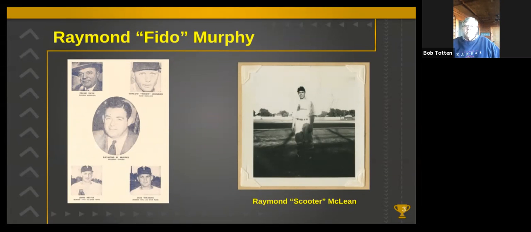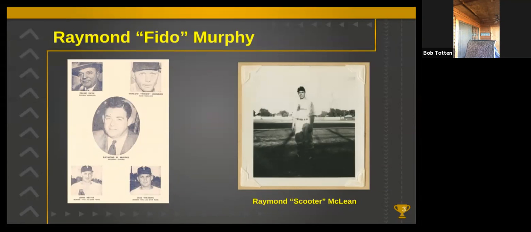Murphy was serving as a chief specialist in the Navy physical fitness program at Quonset Point, Rhode Island, and he wired Topeka to let it be known that he had some players lined up to play when they traded. Among them were Byron Jakey Watkins, George McAfee, and Raymond Scooter McLean. They were best known, though, at the time as football players for the Chicago Bears of the National Football League.